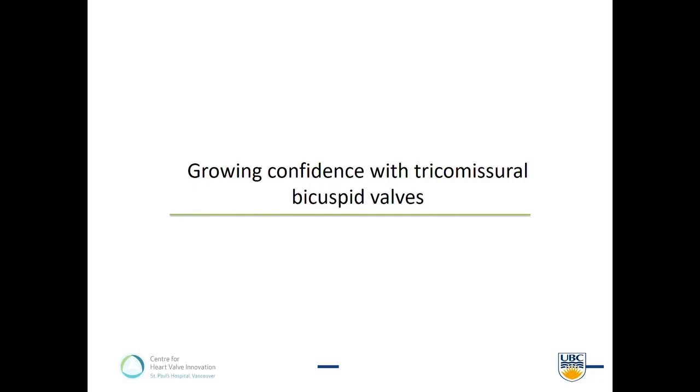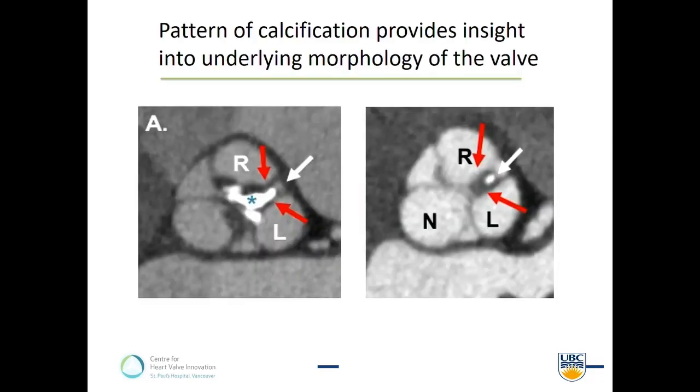What we have seen is that there's growing confidence with either asymmetric cusp fusion, functional bicuspid, or as Hassan Jilaihawi called it, tricommissural bicuspid valves. We see cases like this that we just look at and we say, this doesn't look like a typical valve morphology. There's calcium in between the cusps, suggesting that perhaps the calcium is being deposited in some sort of fibrous bridge that the patient was either born with or developed over time, but presents later in life. Another limitation of our historical bias is that you can't have a congenital abnormality that presents at 82. But of course you can if it's just on a more modest spectrum of disease.